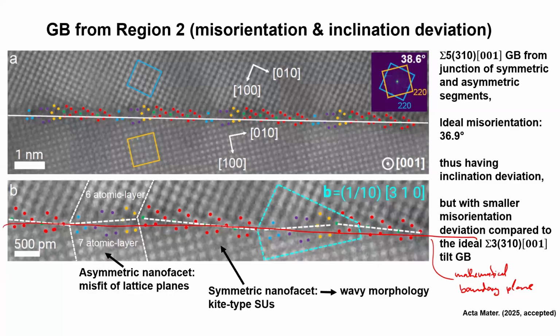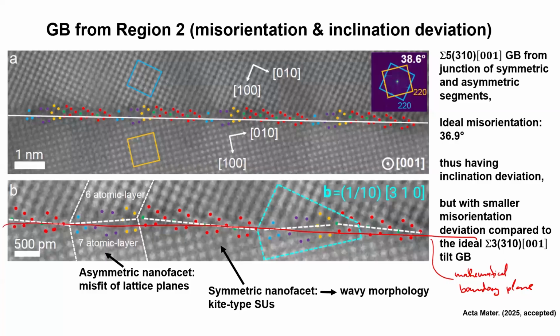The beauty is, even though you have this deviation from the ideal lattice, you can still use the structural units model, because it's only a few structural units, and they are periodically distributed and arranged along the grain boundary plane. And in these cases, we see also that sometimes you get structural units of a different symmetry, like sigma 5 and sigma 3 type structural units making up the grain boundary structure.